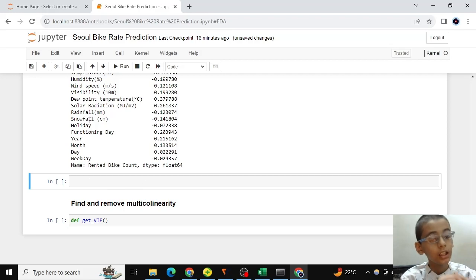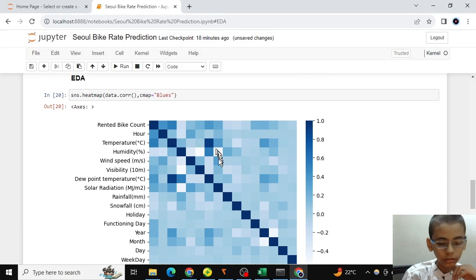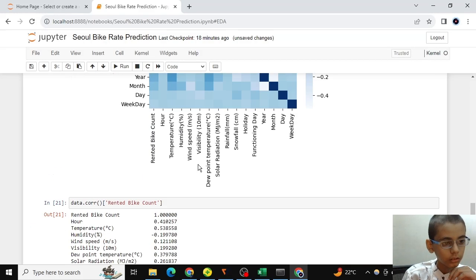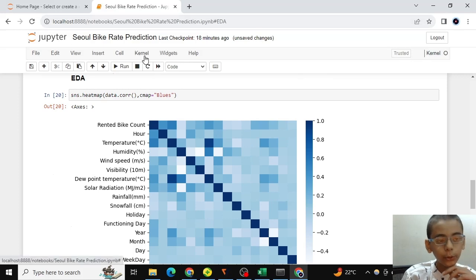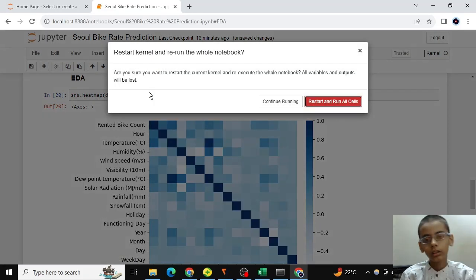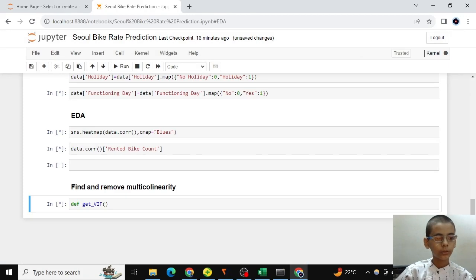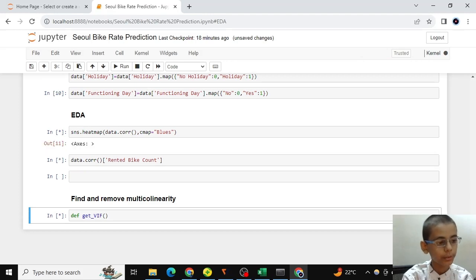Let's execute it again so the numbering will be right.